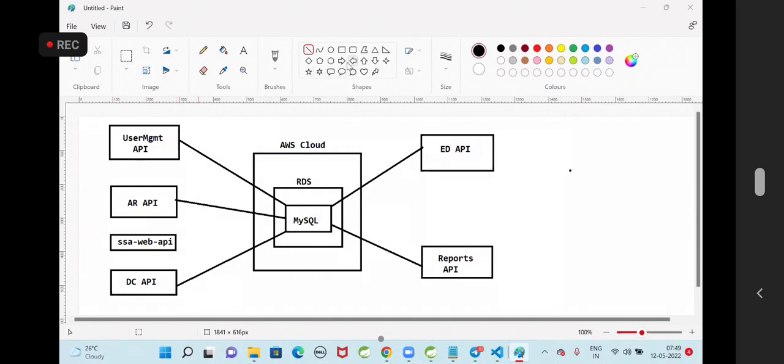When the caseworker tries to register the citizen by using the AR API, it will communicate with the SSA web API to verify the citizen identity. If the citizen really belongs to this New Jersey state, then that citizen application will be registered. That registration will be stored in the database. Okay. Once the registration is completed,